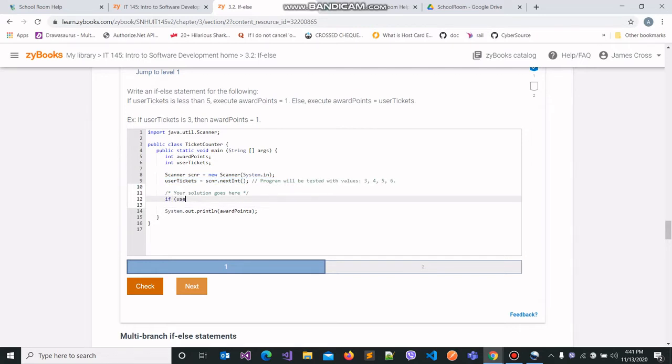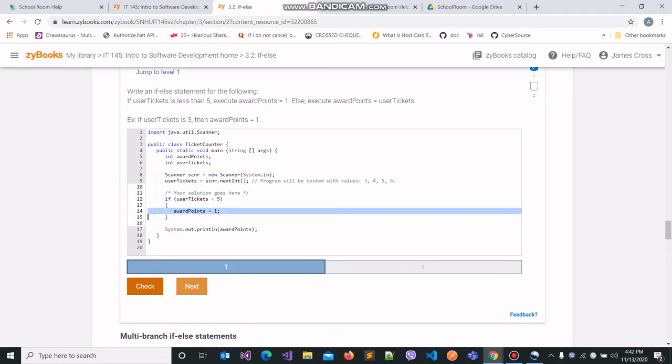So if the number of tickets, depicted through the variable user tickets, is less than 5, then the customer is only going to be awarded one loyalty point, right? If this condition evaluates to true, then the code in this if block is going to execute, and the code in the if block is essentially going to award you one loyalty point.